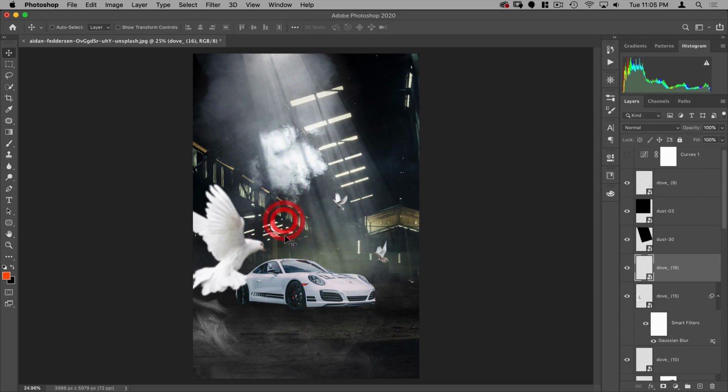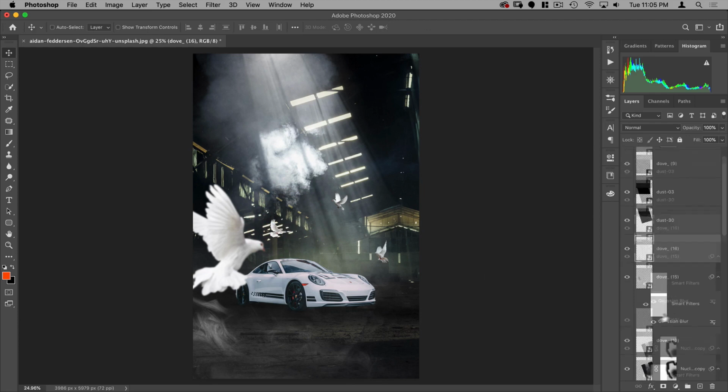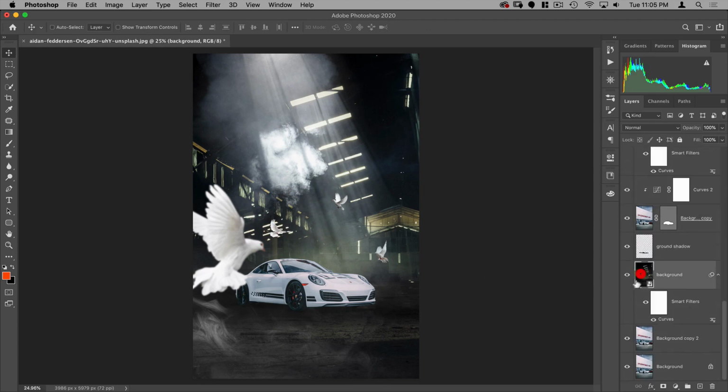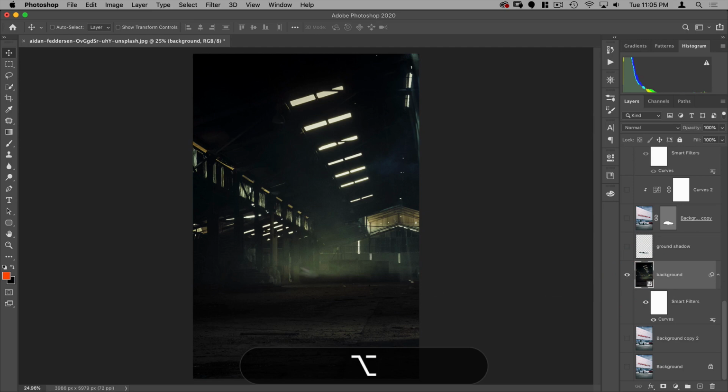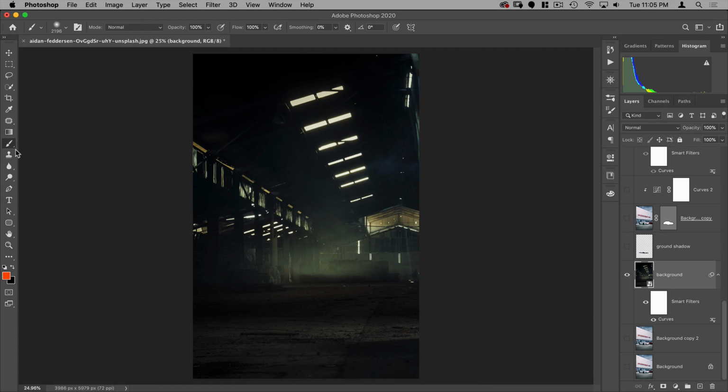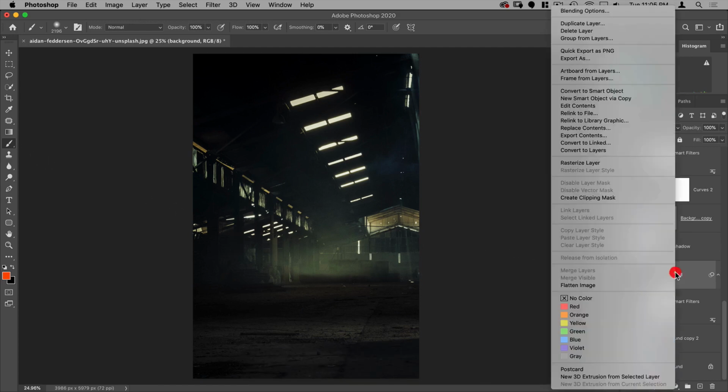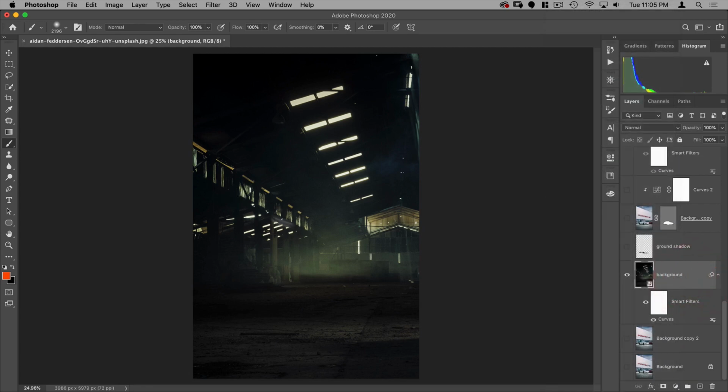And I think these lights back here are distracting. So I'm going to go to my background here and let's isolate it if I hold down the Option or Alt key and click on it. So yeah, I want to paint out this area here. So let's go ahead and get a brush. Now you'll notice that I can't brush on this, because it's a smart object, I can't paint on it.